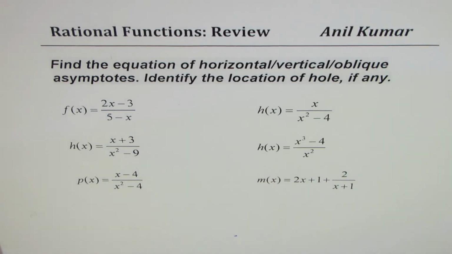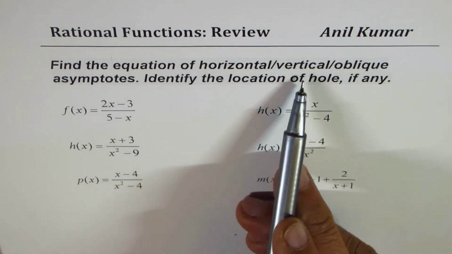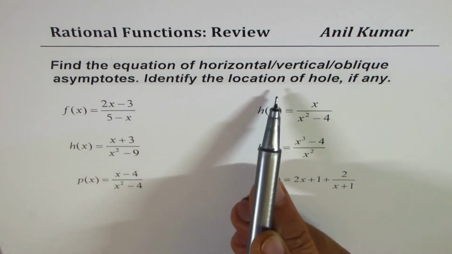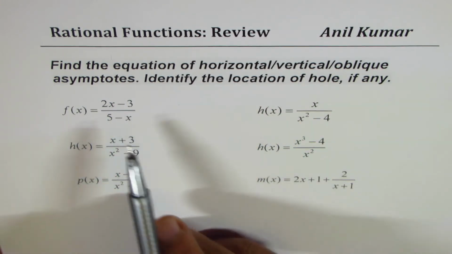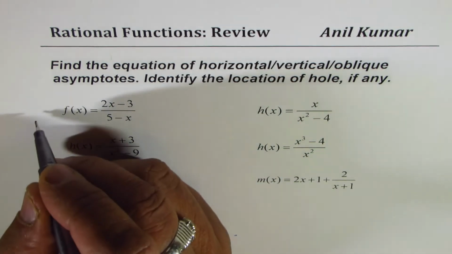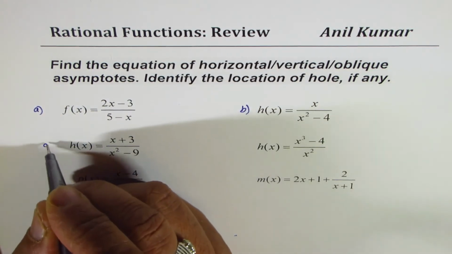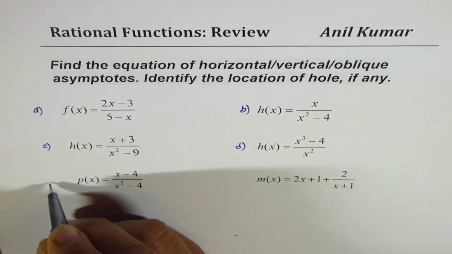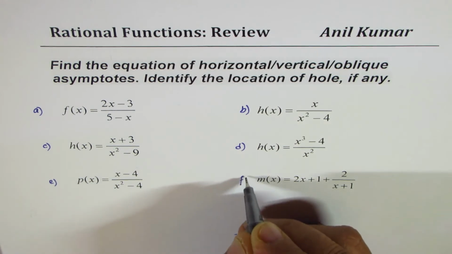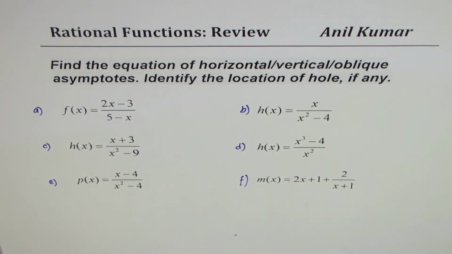You can always pause your video, copy this question if you haven't done so yet. Find the equation of horizontal, vertical, oblique asymptotes. Identify the location of hole, if any. So these are 6 examples. So let's say A, B, C, D, E, and F, right? So let's begin with the very first one,